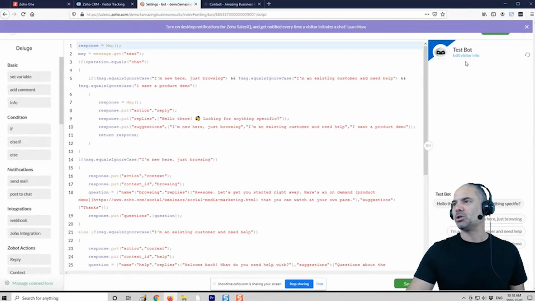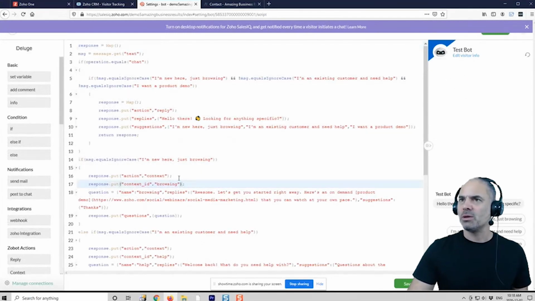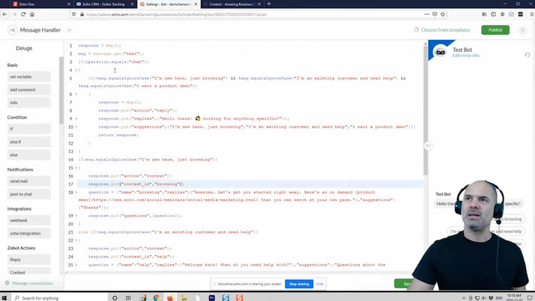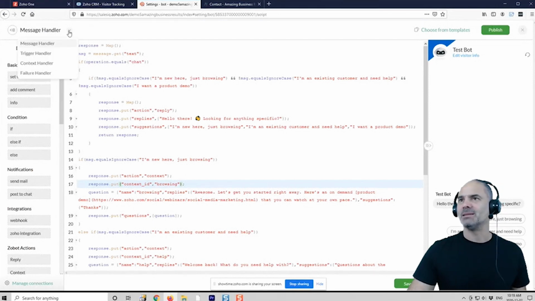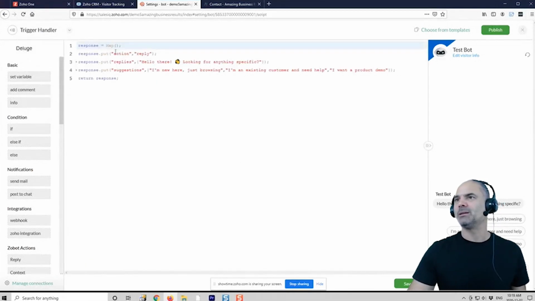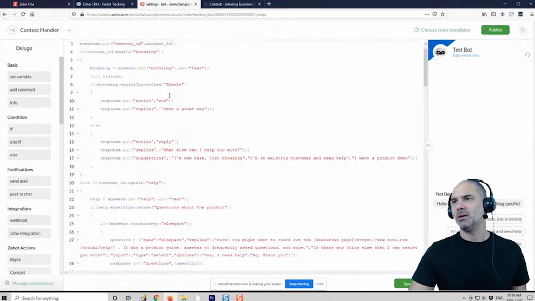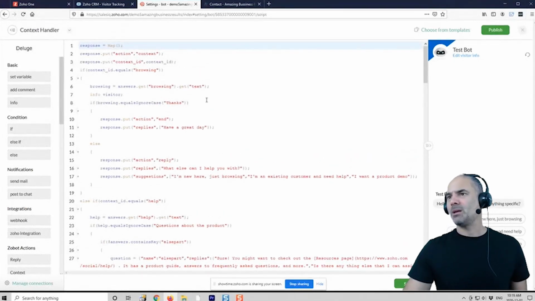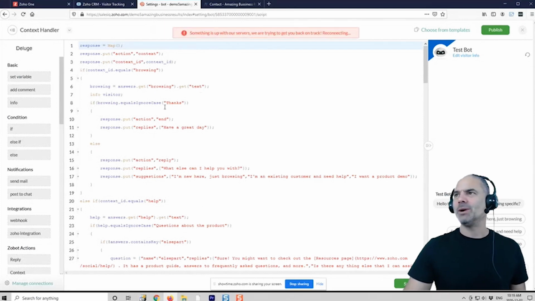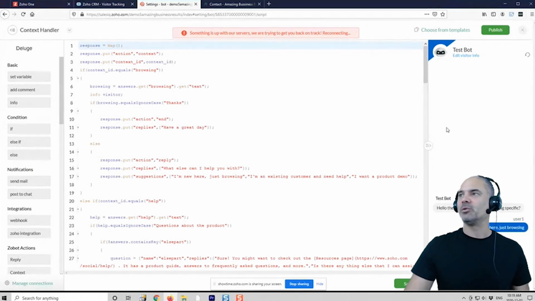And this is how the bot looks on the right side. And on the left side, you have the code. All the bots eventually will be expensive projects, and you will need someone to help you with it. Not too many people know how to deal with the bots. If you have some money and you want to try it, then go ahead and do it. I think the bots are very, very cool.